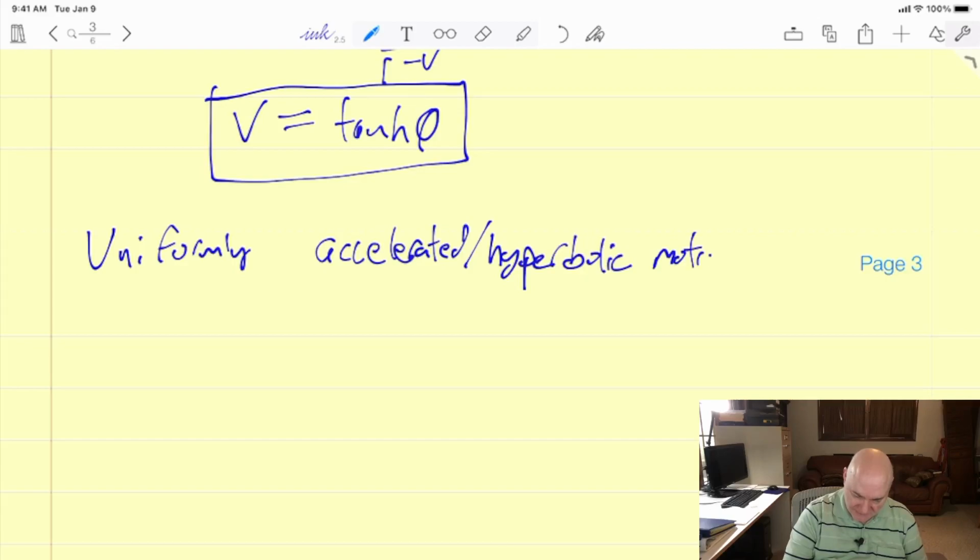But here we'll see at the end really why it's called hyperbolic motion. So let's define, there's various ways you can proceed here as well. You could proceed by brute force, which is sort of what Rindler does, or you can proceed in a more elegant covariant manner using 4 vectors, which is the way I first learned it. I first learned this in